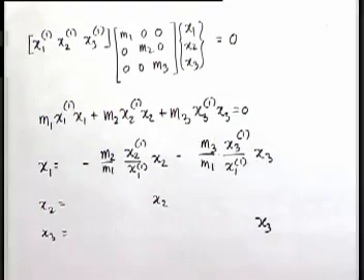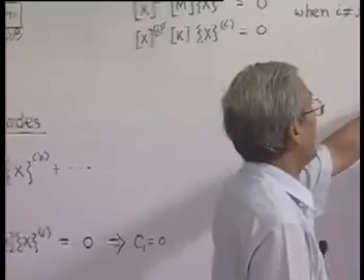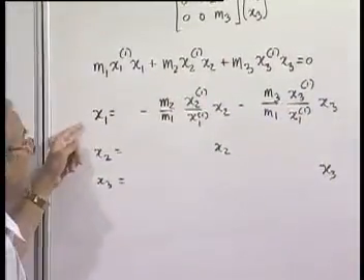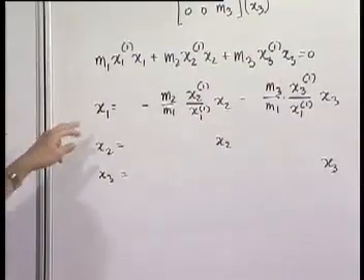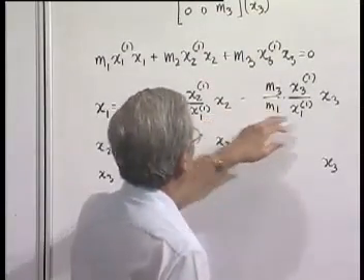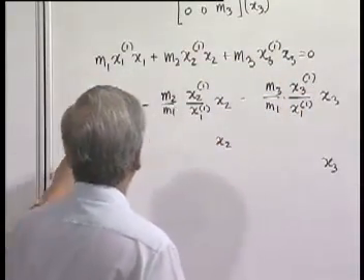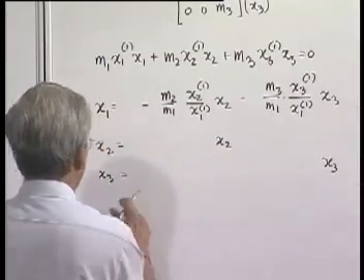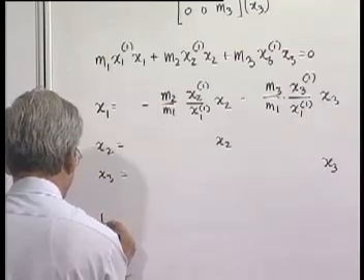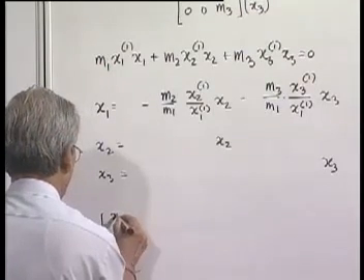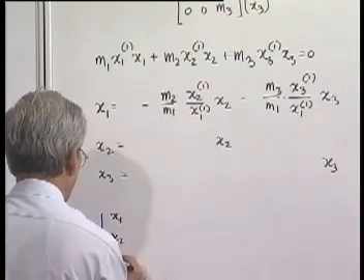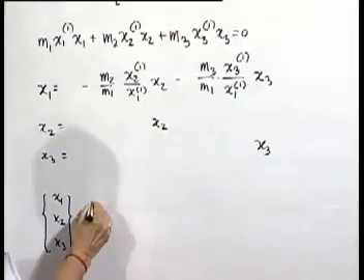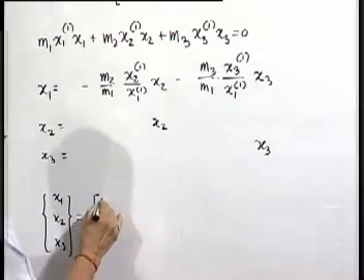So now we have got this equal to 0, which means x1, x2, x3 cannot be independent, because x1 can be written in terms of x2 and x3 using this equation. x2 of course is equal to x2, x3 is equal to x3. So, this whole thing can be written in matrix form: x1, x2, x3 is equal to